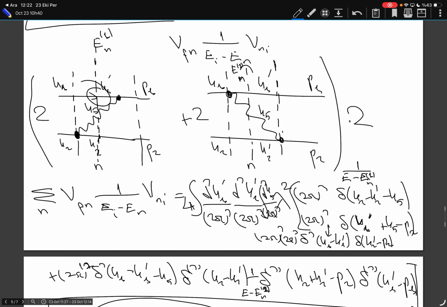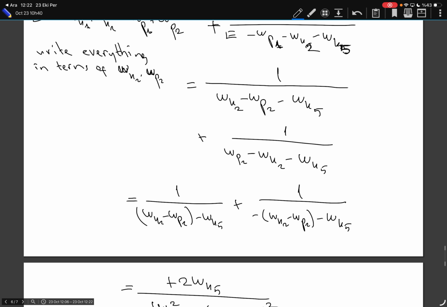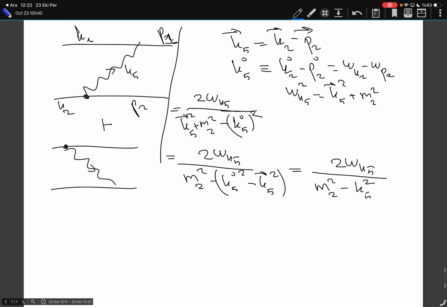And this will always be the case. Whatever system you have, those two diagrams will have exactly the same factor over here, multiplied by these two terms. Each one of those terms in the sum corresponds to one of the diagrams. When I sum those two diagrams,